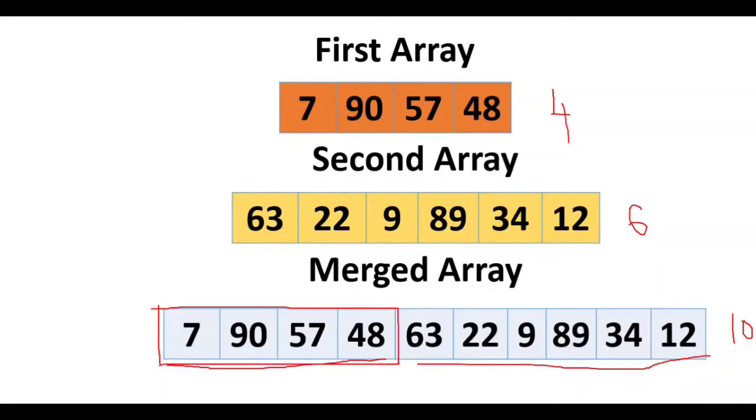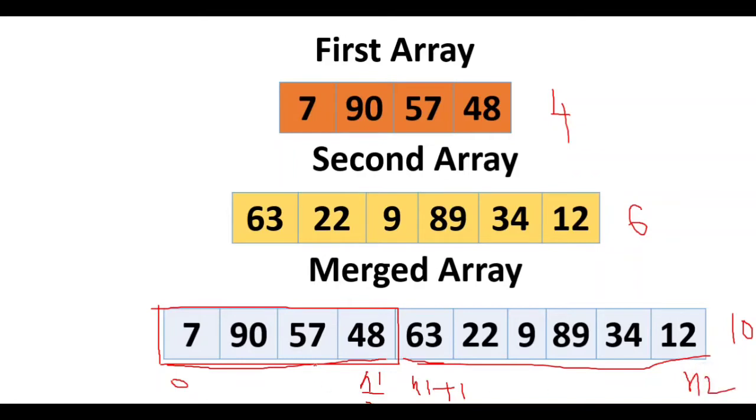So here it starts from position 0 and goes up to length n1. For example, if I have 4 elements, it will start from 0 and go up to the third position. Now I have to get the position for the second array. So my second array will start from n1 plus i, and i can vary from 0 to n2. So here I start from n1 plus i, where i is 0.